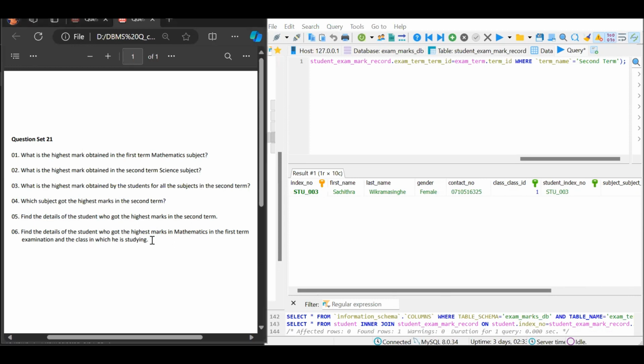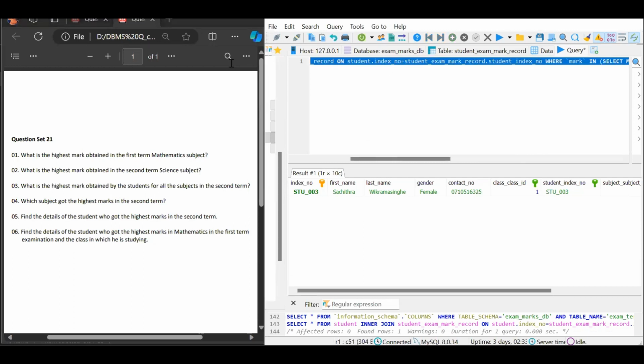So in this question 2, we have to get two results. One is the highest mark in the mathematics subject in the first term, and then the student details of the student, and then the class of the student. And then let's type again a select query,